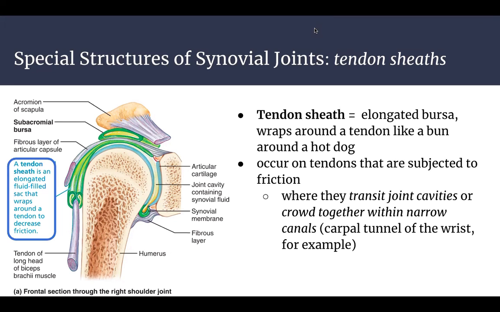Okay, so now we're going to look at tendon sheaths, which are a related structure to the bursae that we were just looking at. A tendon sheath is an elongated bursa. It's a fluid-filled sac that's stretched out, elongated, and it wraps around the tendon the way a bun would around a hot dog. So you can see one running here